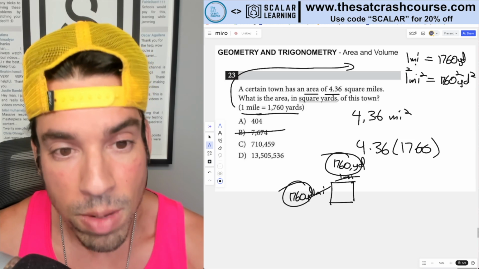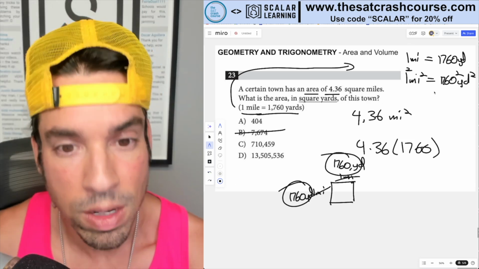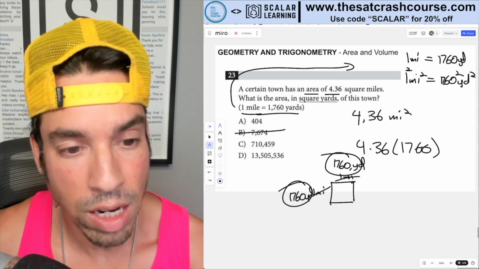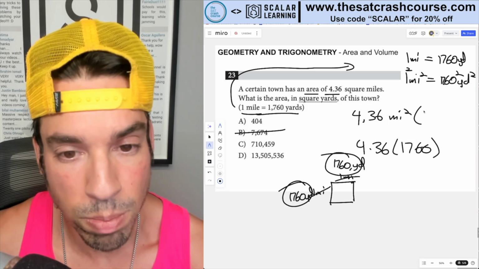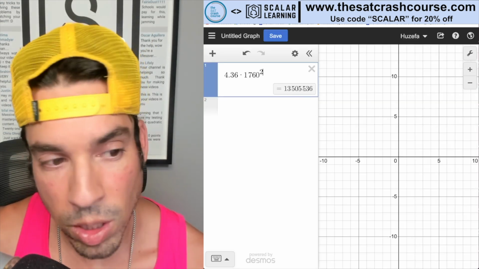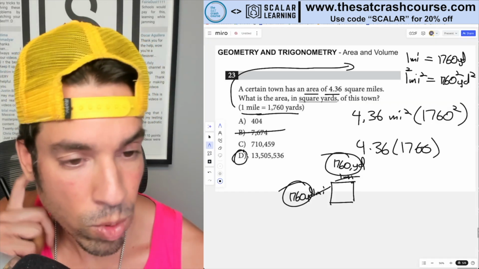If I had to go to volume, I take the same thing and I cube it, right? I cube both those values. But anyways, now we have our equivalency for area. So now what I do is I take my 4.36 and I multiply it by 1,760 squared. And there we get 13,505,536. So we of course know that D is the answer, but I want to show you one other way